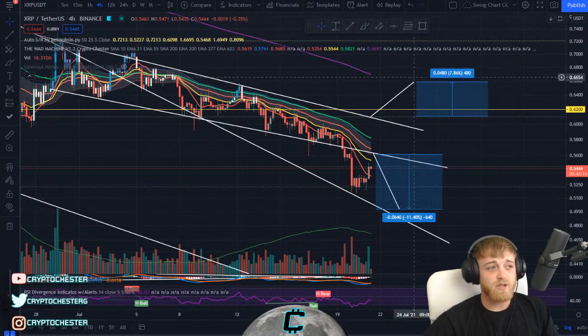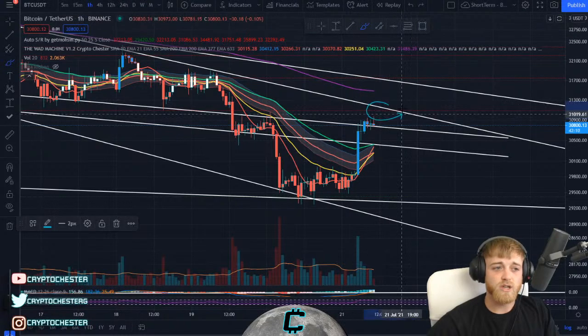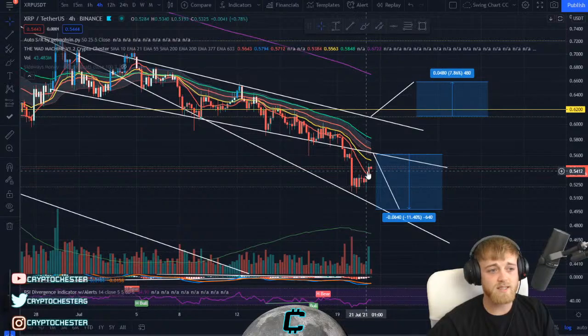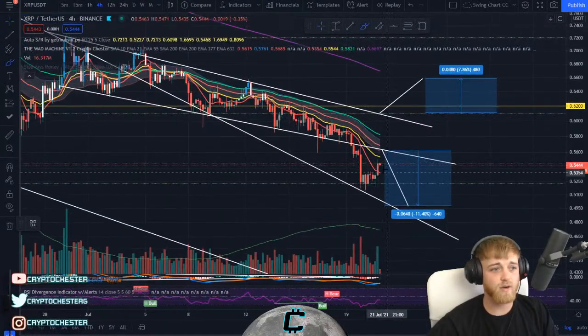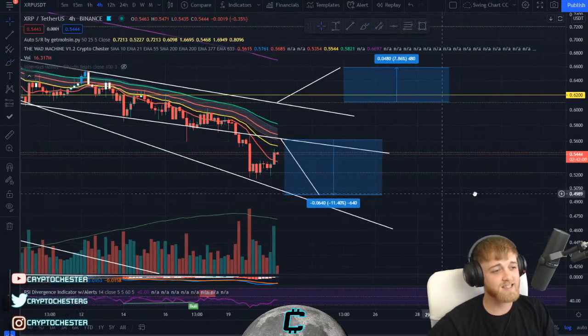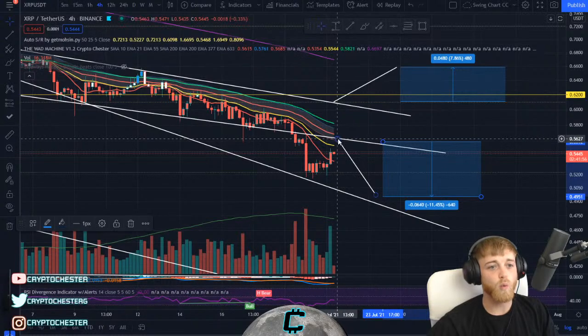Bitcoin is looking at that rejection point, and as you can see here, we are looking at that curl over. If we do see that rejection point coming through from that 31,100 zone that I was talking about there, we're going to be seeing a massive correction in the alts as well. So if we can be profiting from that, we're going to be doing that, guys. It's as simple as that. We're here to make money. So the retest for that XRP position would be sat around this